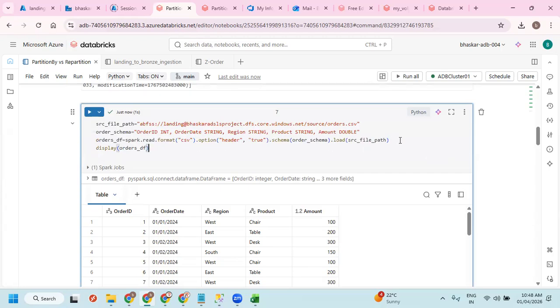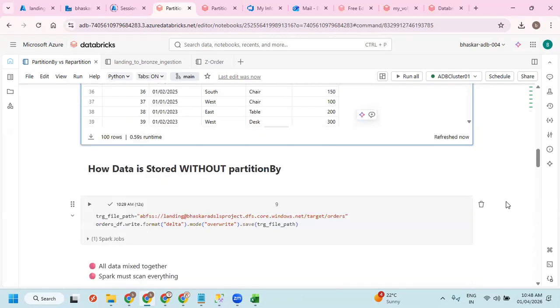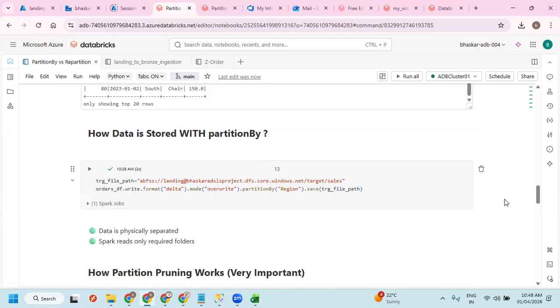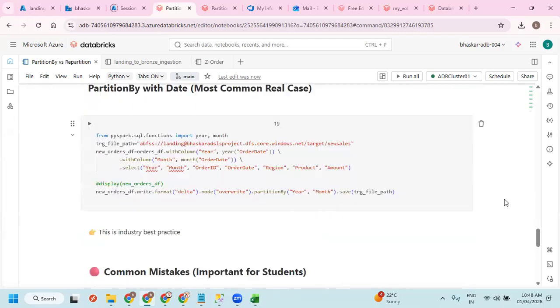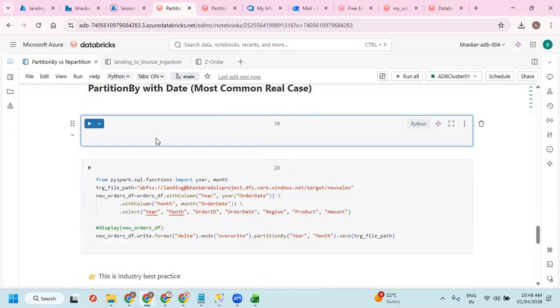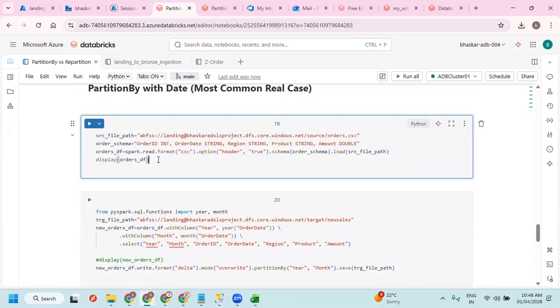Okay, I'll do one thing. I'll take this entire thing back again. Before doing this, I wanted to do something here. I wanted to change my data type to date. Let's see.